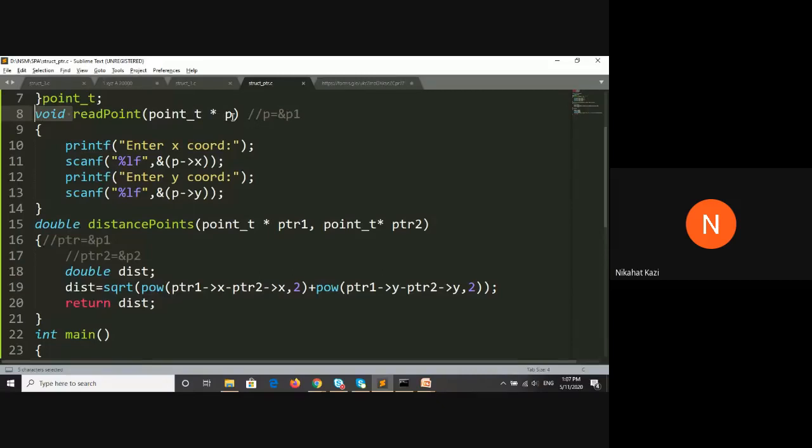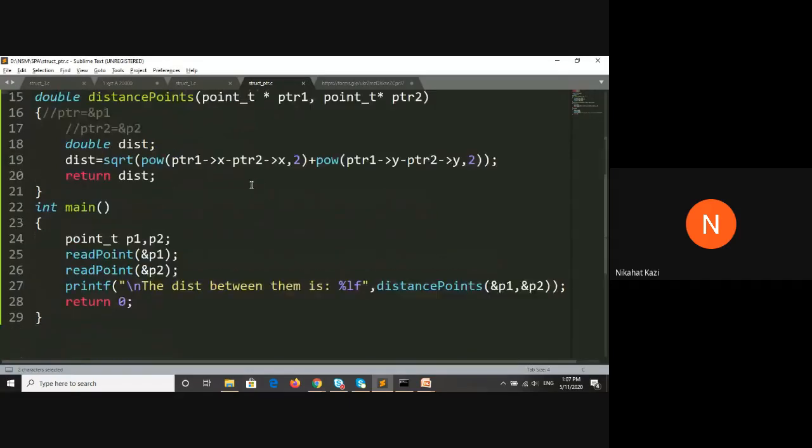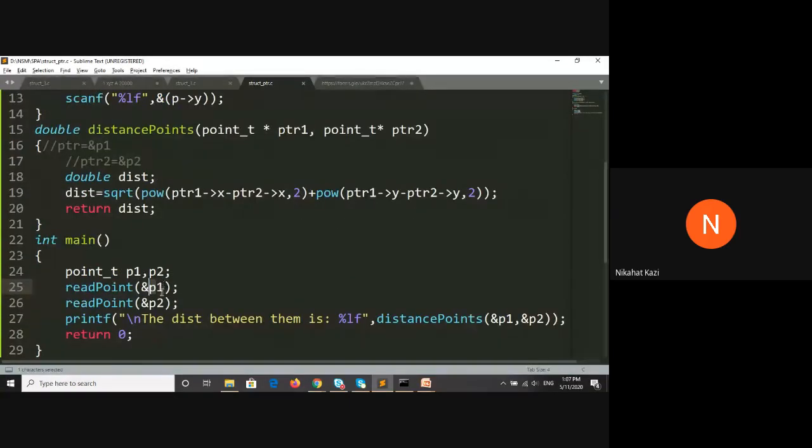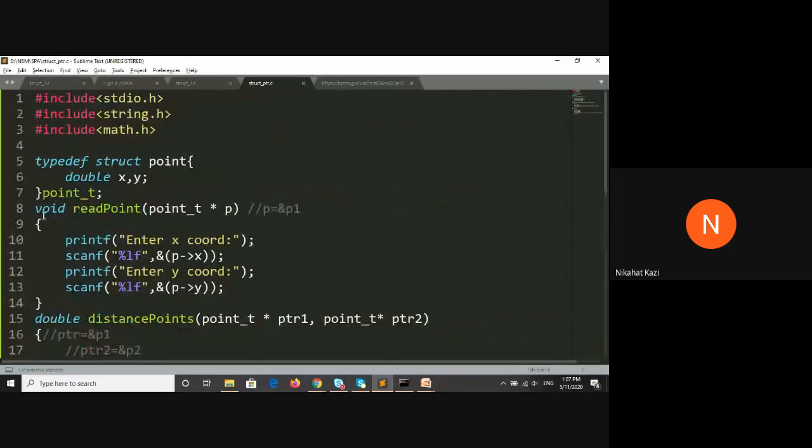If you're passing an address as a parameter, since this pointer is pointing to this variable's address, it will make all the changes in this memory itself. So you do not need to return a point.